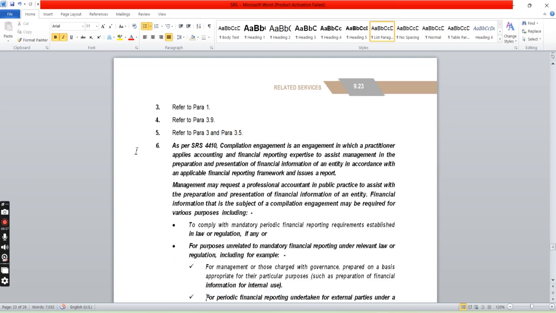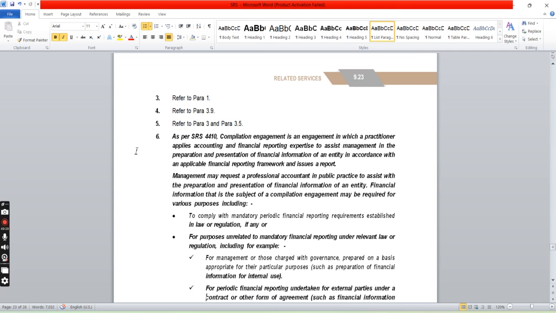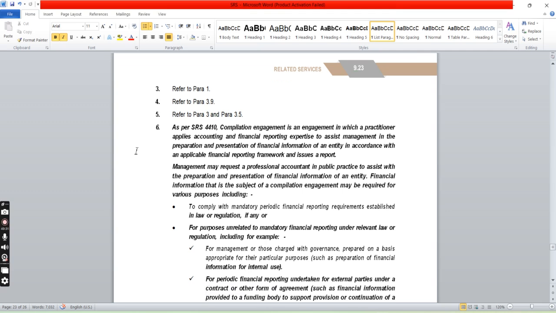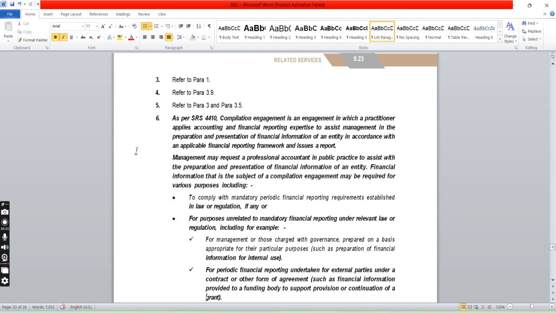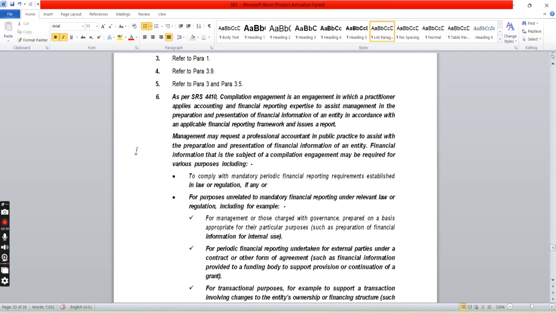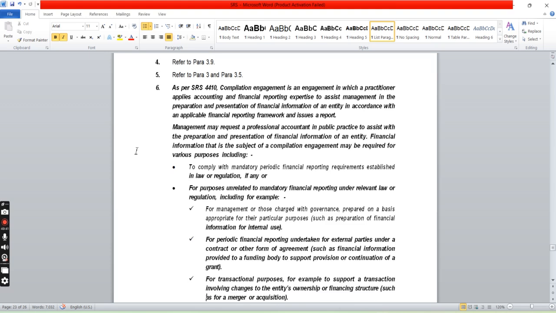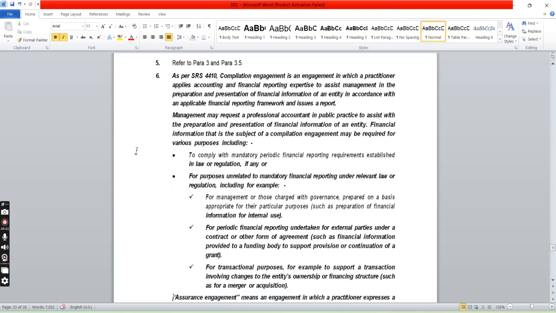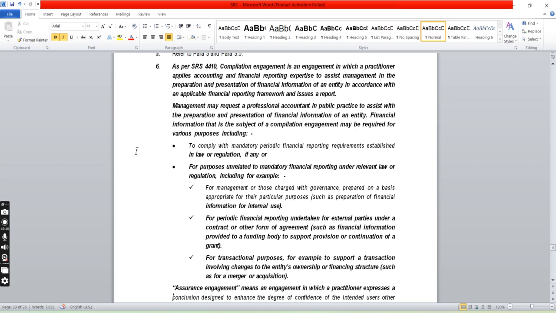Financial information that is the subject of a compilation engagement may be required for various purposes, including to comply with mandatory periodic financial reporting requirements established in law and regulation, if any; or for purposes unrelated to mandatory financial reporting under relevant law and regulation, including, for example, for management and those charged with governance to prepare on a basis